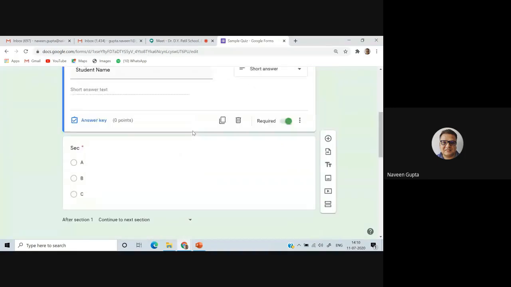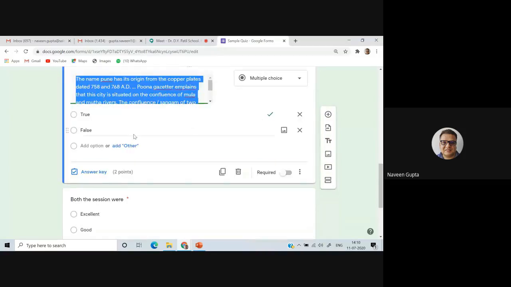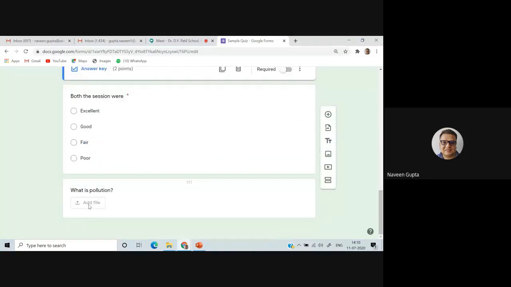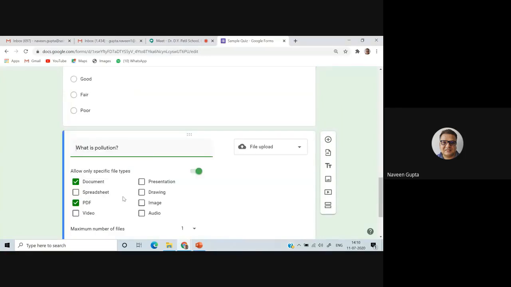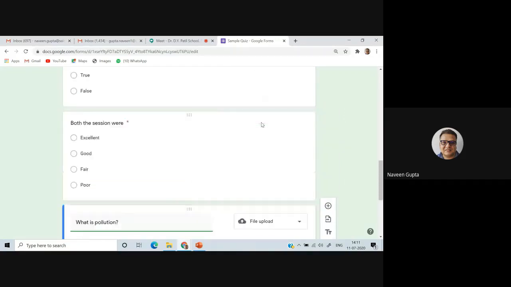So I'm adding 1 or 2 questions here in section 2. I have used one true false type question, one section-wise question, and one question wherein the student can write on a piece of paper and upload the PDF file along with this question. So this is how we can take a summative assessment using Google Forms, wherein the student is writing on a piece of paper. He has seen the question on the Google Form and is writing on paper, and he just scans the document and adds it to the form, and the document will be automatically uploaded to your Google Drive.